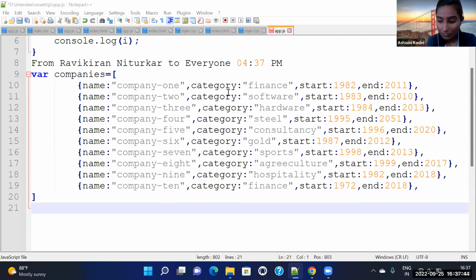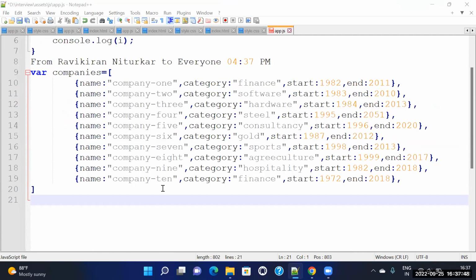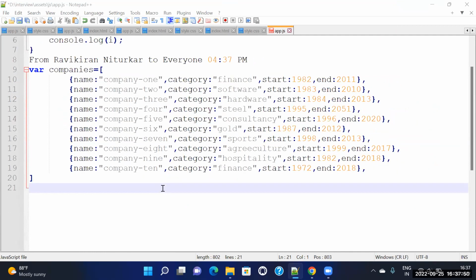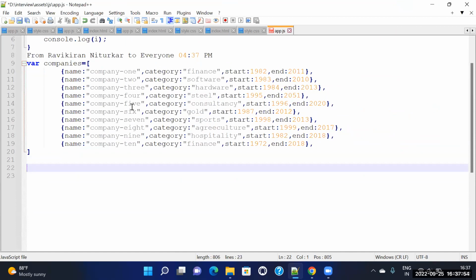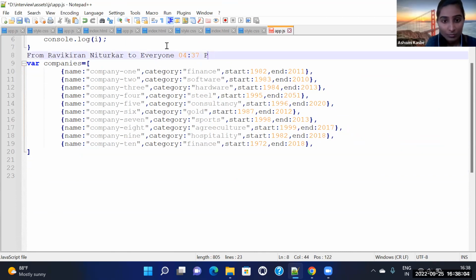Okay, remove that message at line number 8. Remove that message.